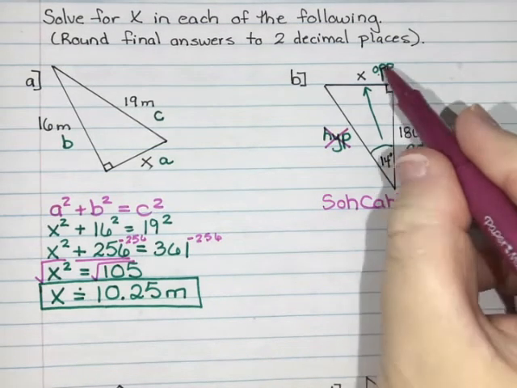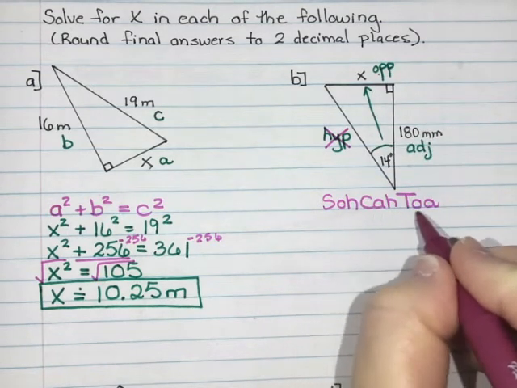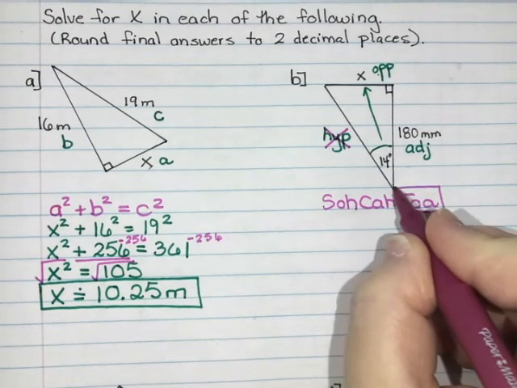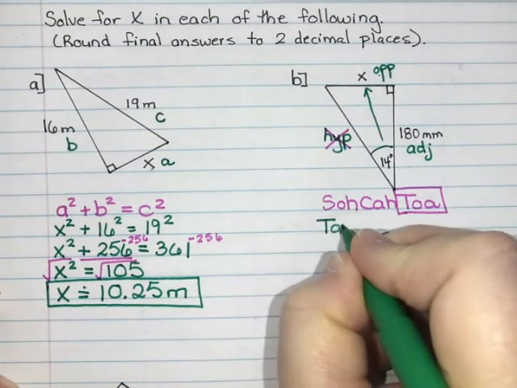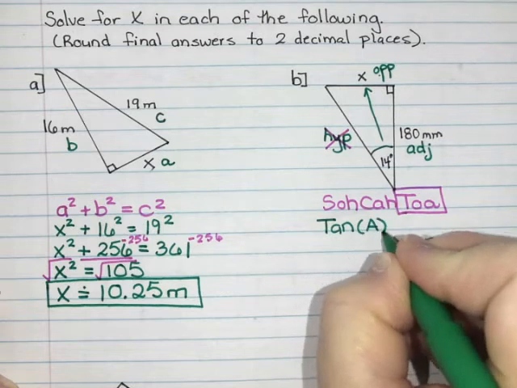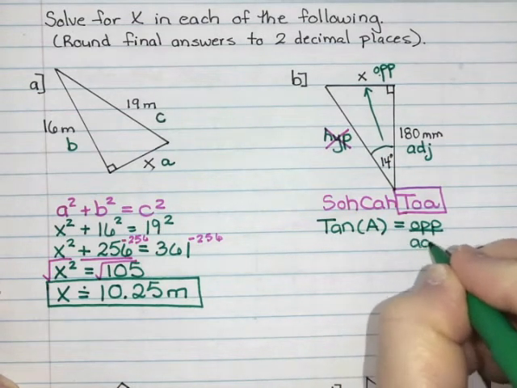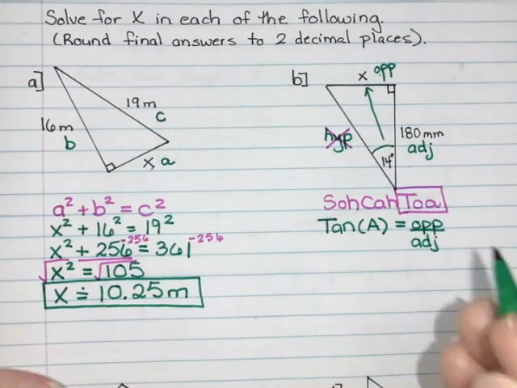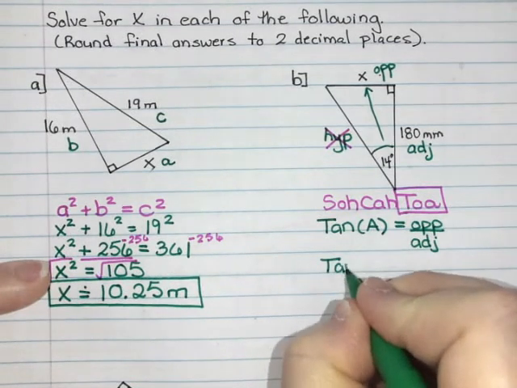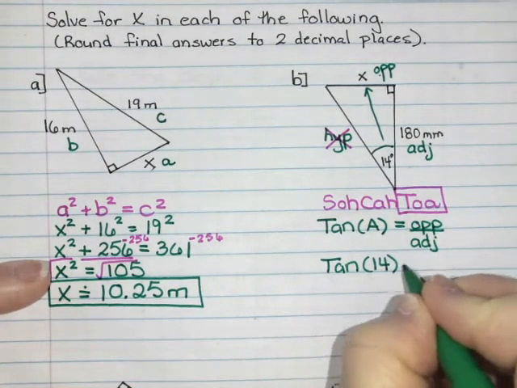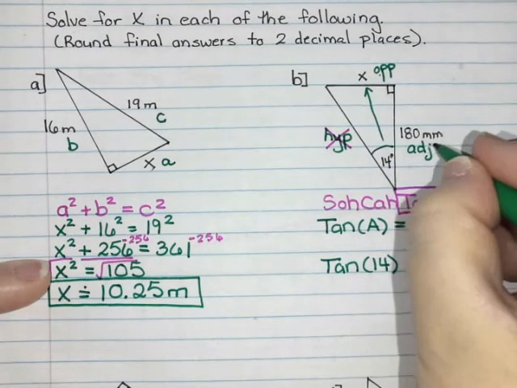This reminds me which sides go with which ratio. So I know that we have opposite and adjacent. So I'm looking for something with an O and an A. So my opposite and adjacent would be here. That's tan. So we're going to use tan. So tan of angle A equals O opposite over A adjacent. So for angle A, I'm going to put in the angle in the question, 14 degrees. So tan of 14 equals opposite, that would be x, divided by adjacent, which is